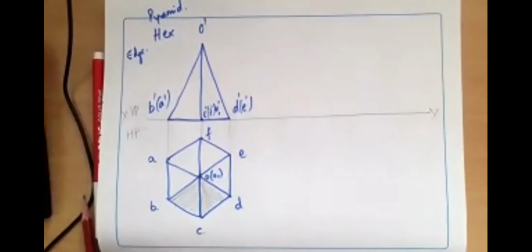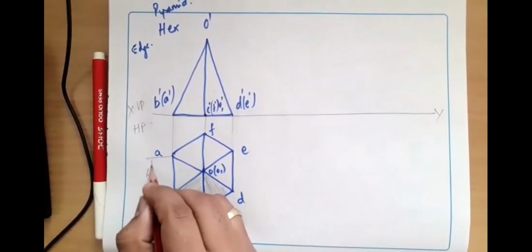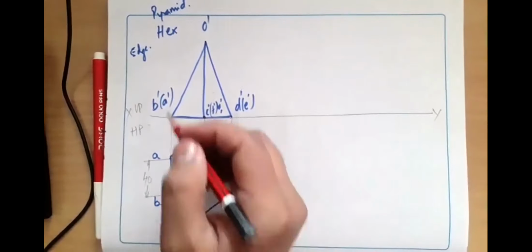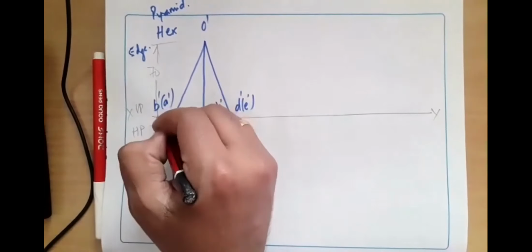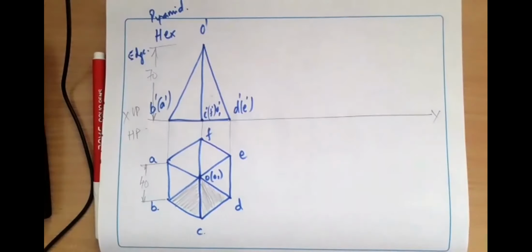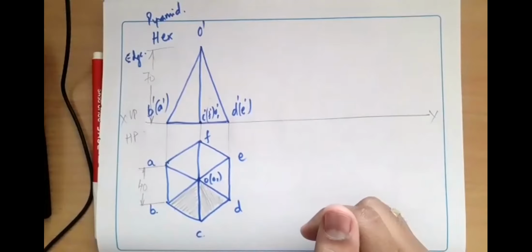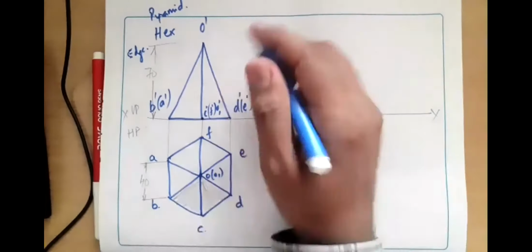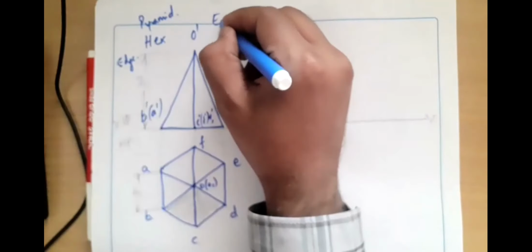What is the remaining thing? If it is given as 40 mm, dimension this as 40. So this is your problem. If it is given as 70 mm axis length, you dimension this 70 or 60 or 65, whatever is given in the problem. I'm using a sketch pen here and a rough sheet. Don't use a sketch pen. Use a dark pencil for the hexagonal pyramid, edge condition.